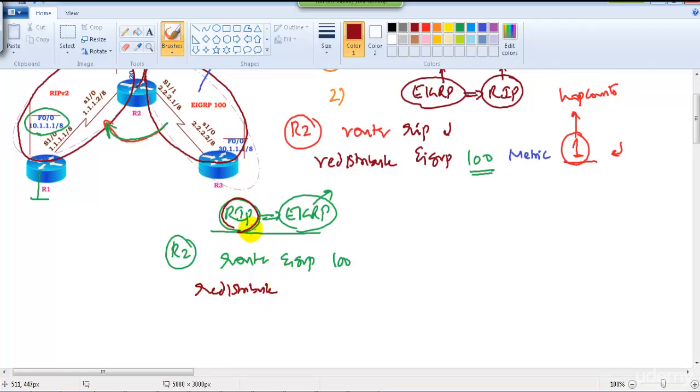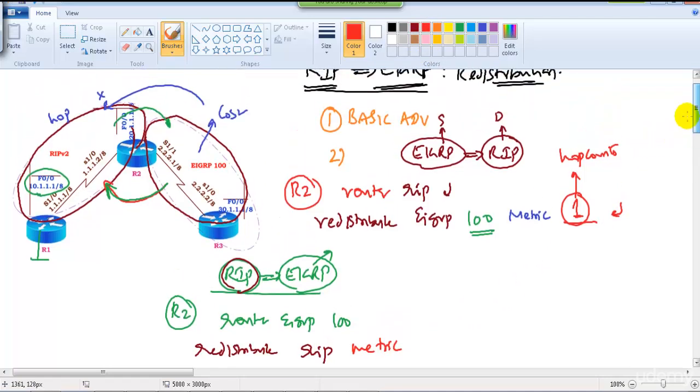What is the source protocol here? RIP. We need to simply say space RIP, and there is nothing else, you just need to use the question mark. When you use the question mark, you will find an option, metric. Now here also, whatever metric is used by RIP, hop counts, EIGRP cannot understand, because EIGRP understands only the cost